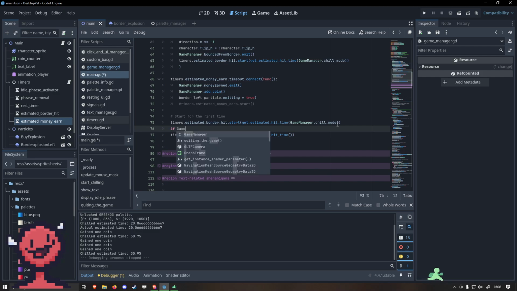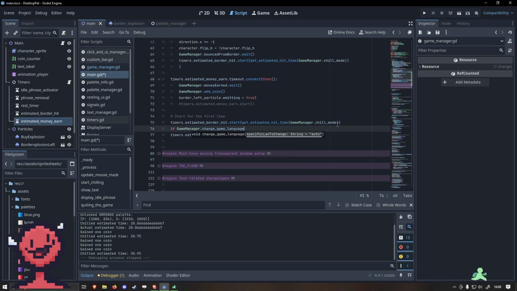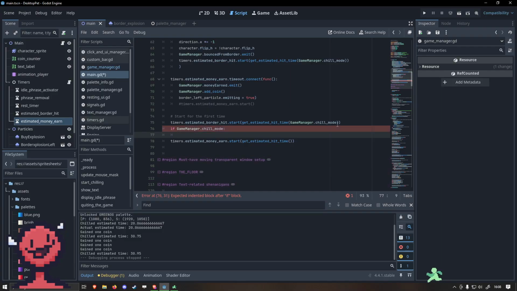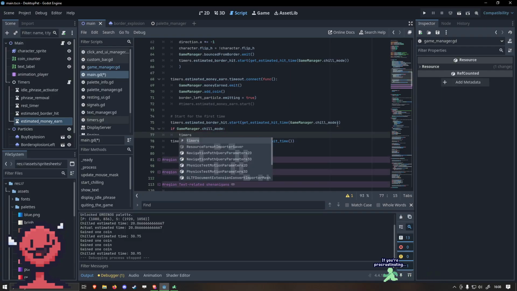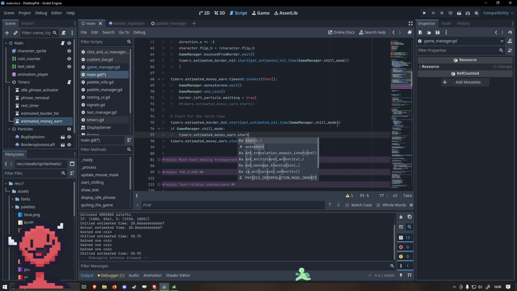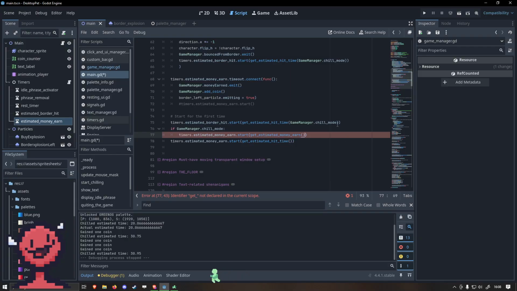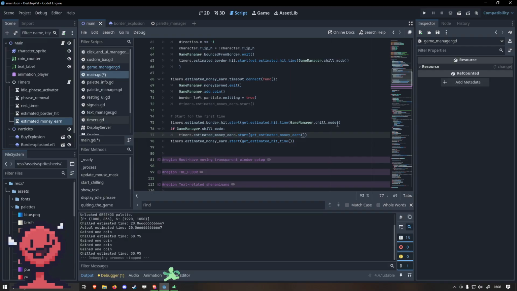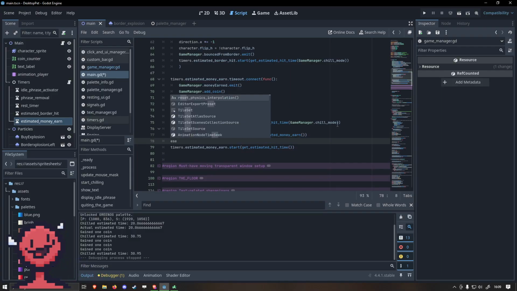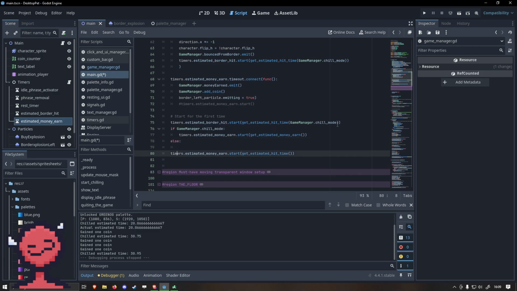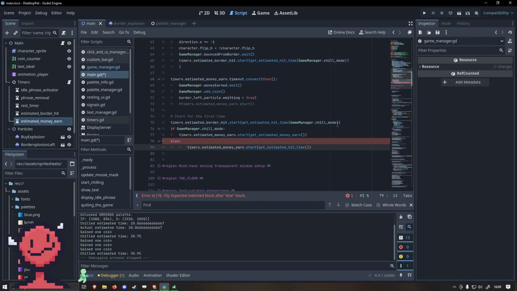So if game manager chill mode, thanks for that. If we are in the chill mode, we want to use something differently. We want to go into timers, estimated money earn timer, and we want to start it with a wait time of get estimated money earn. Technically the name of the function is stupid, but whatever. And if we aren't in the chill mode, we can just